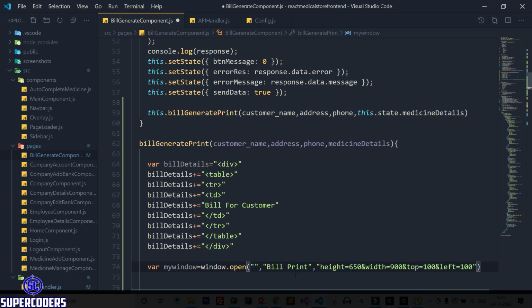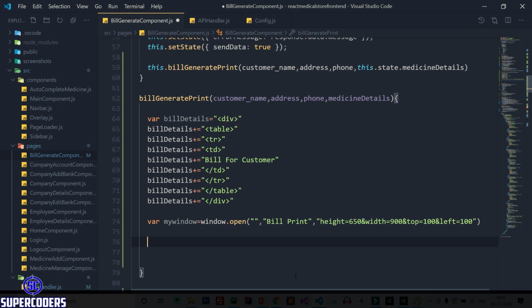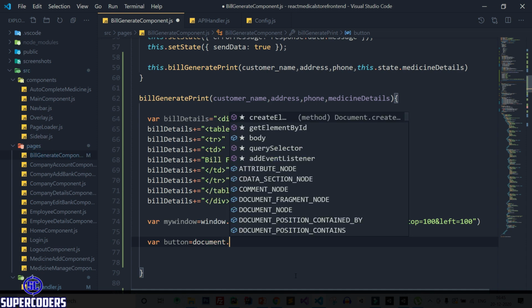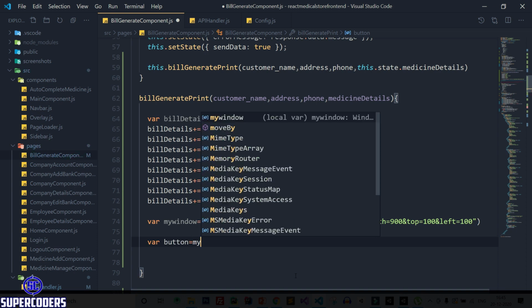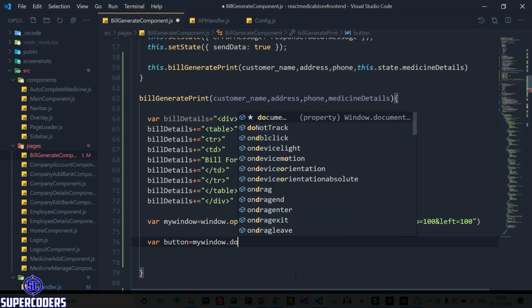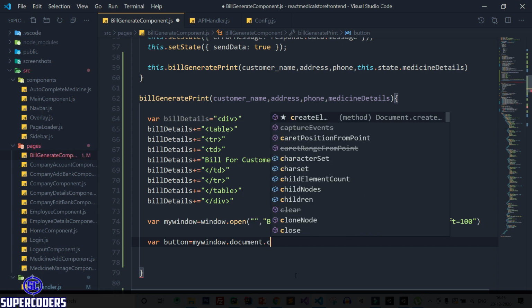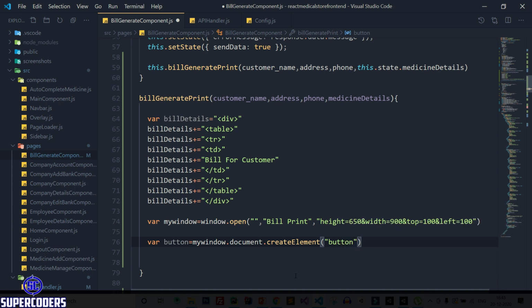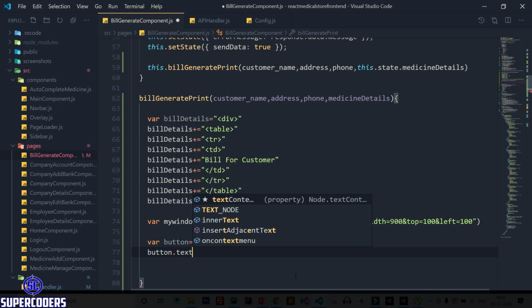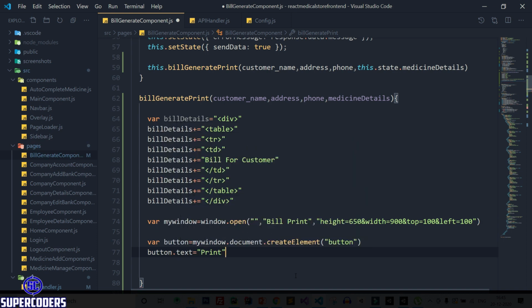So it will open a window. After that, where button equal to my window dot document dot create element button dot text equal to print.